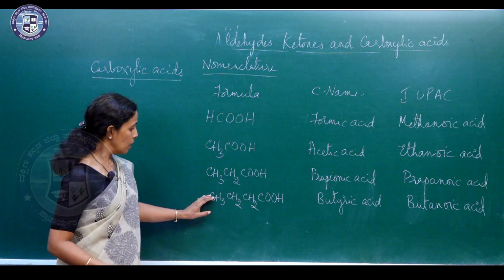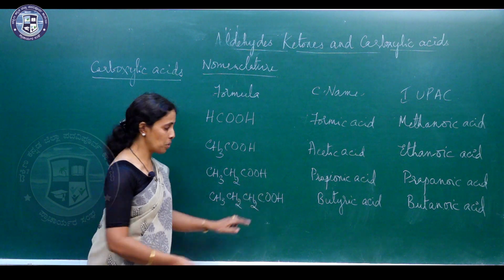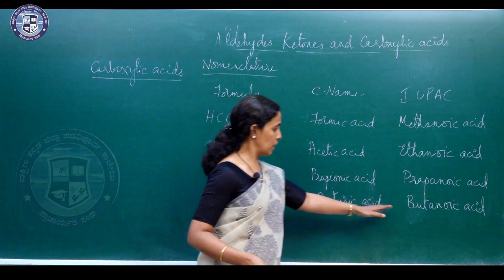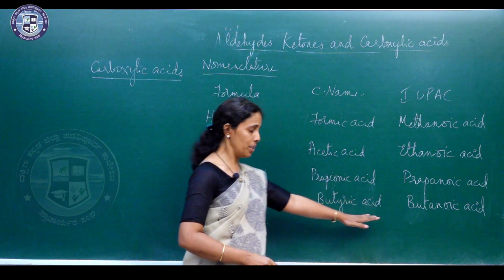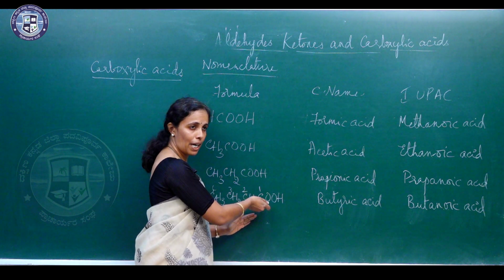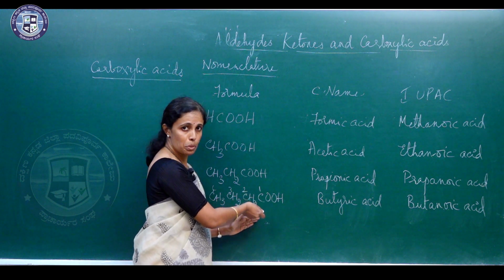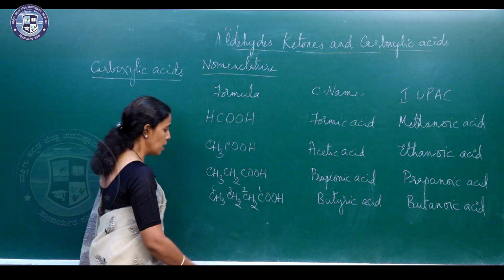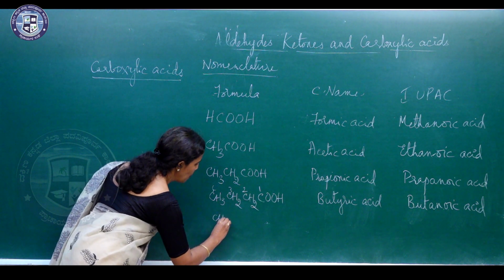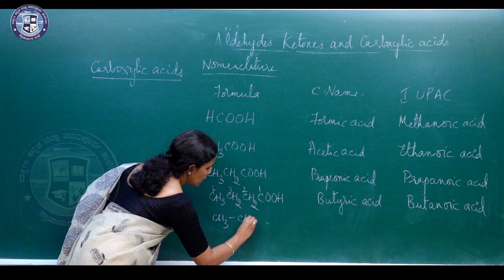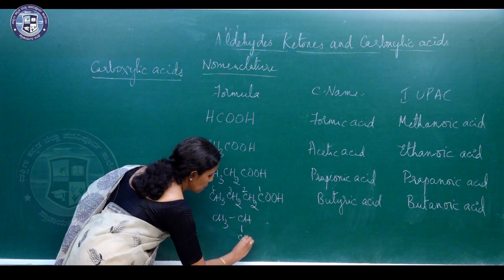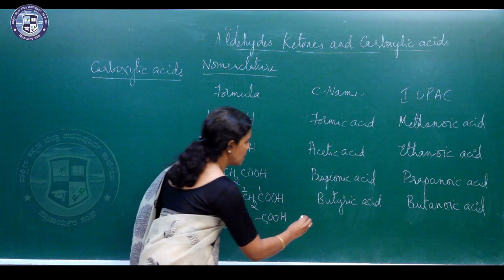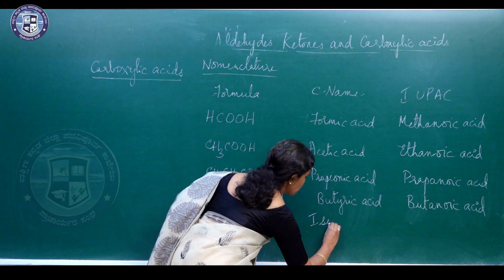So, here you can see the carboxyl group comes first. So, we will have to number it as 1, this as 2, 3 and 4, but here in the IUPAC naming I have not numbered it because the carboxyl group itself has the carbon atom and it is always given a first preference. That is why I have not mentioned it, but if necessary it can be mentioned. So, this compound has another isomer. So, CH3, CH, CH3 and COOH. So, this is called as isobutyric acid as it is branched,